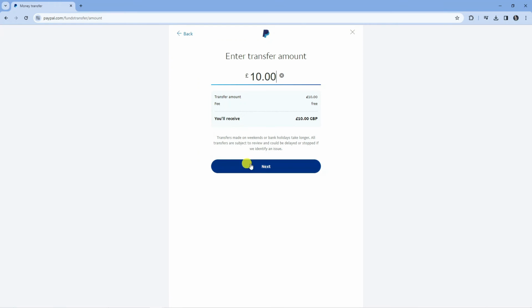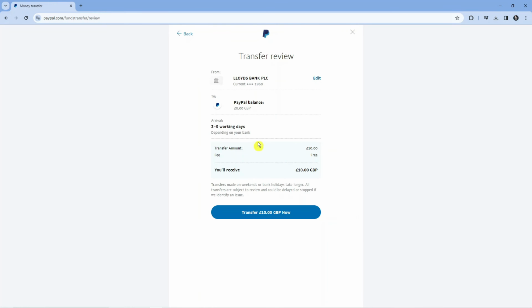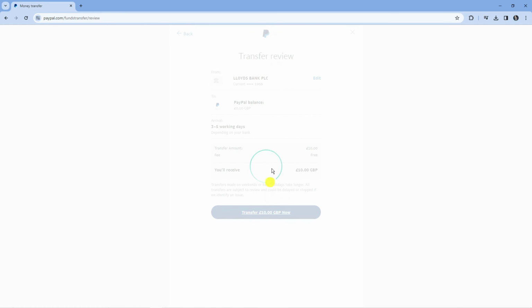Once you've done that, just go ahead and select Next at the bottom, and then it's going to give you a review of your transfer. You can see the bank account it's coming from, and we can see it's going to our PayPal balance. The arrival is around 3 to 5 working days depending on your bank. Here we can see the amount and how much we're going to receive after any fees, if there are any fees applicable. Now all you need to do is press the Transfer button underneath, and